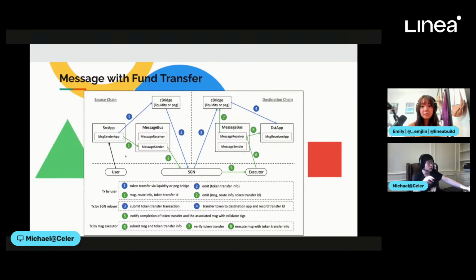So even though this is a huge diagram involving multiple steps, it's actually very straightforward and easy to understand underneath. And the interesting thing is that we combine the two, because we think